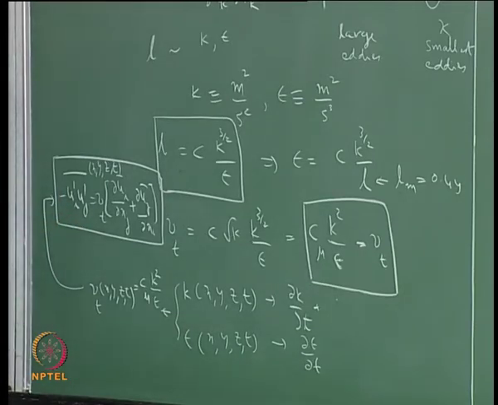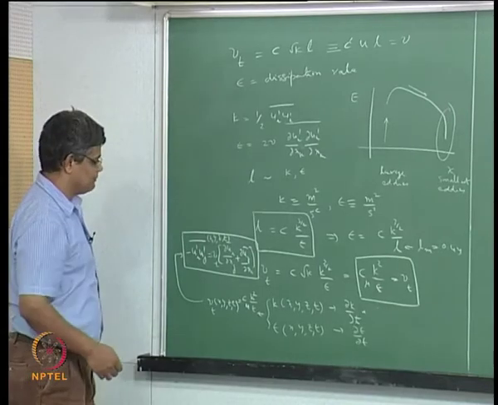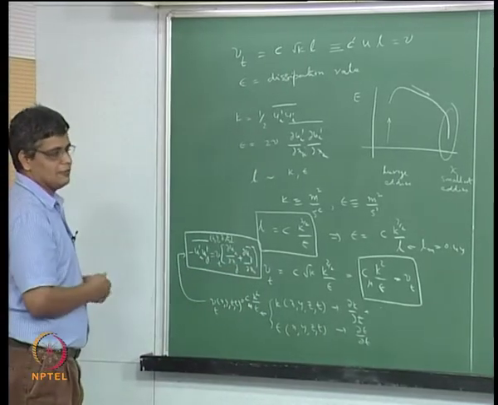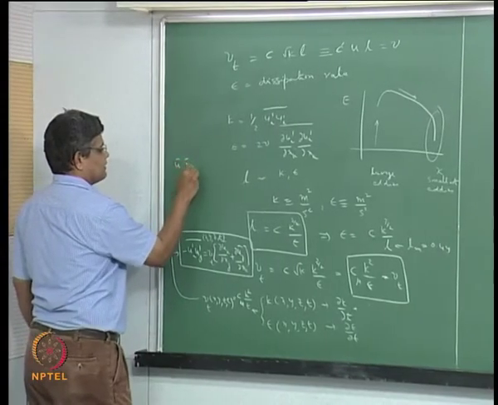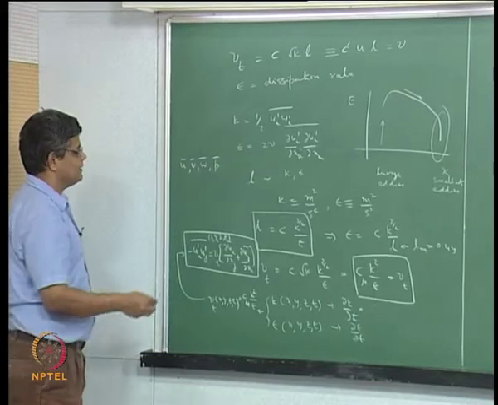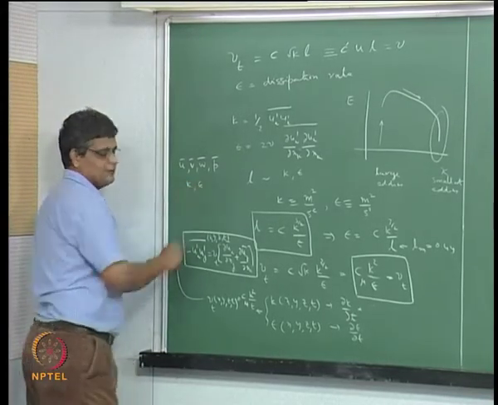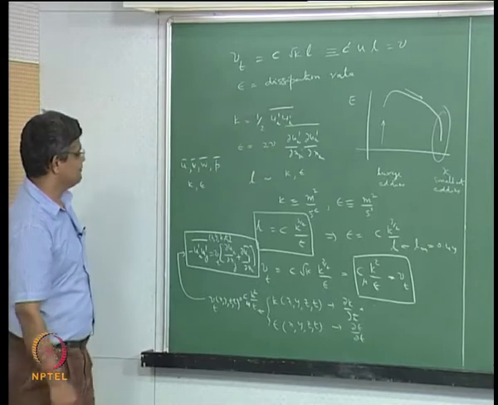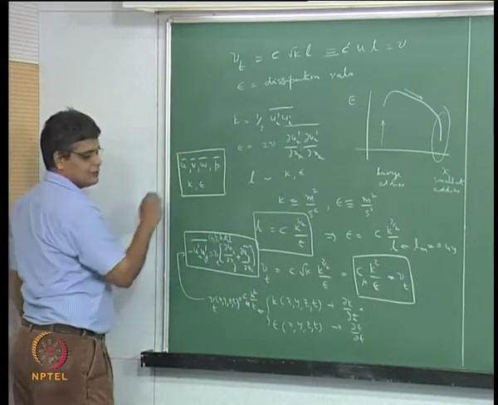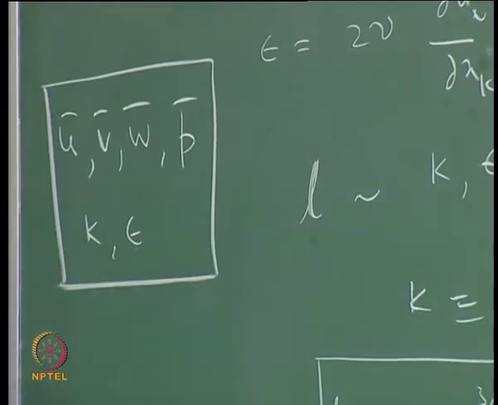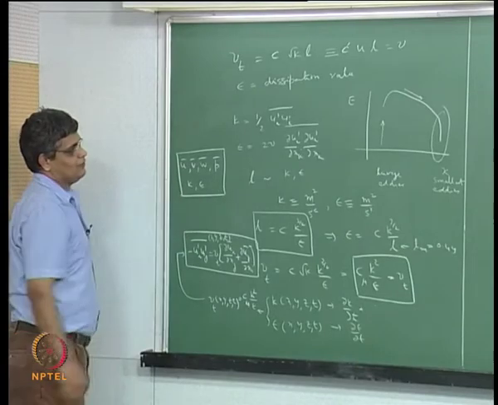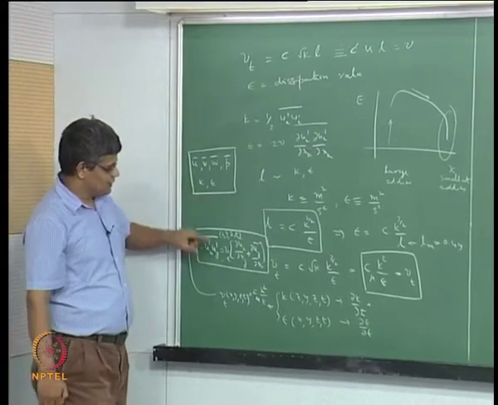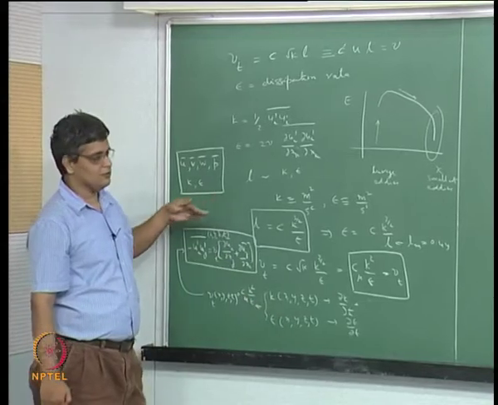any new terms appearing in the time average momentum equations, and we can write time averaged equations in terms of known variables, that is u bar, v bar, w bar and p bar, and in terms of two more time averaged variables k and epsilon. We notice that although we have not put a time average here, by definition they are time average quantities. So we have 6 equations and 6 unknowns here, and by putting up all these things together we can get a description for turbulent flow, which enables us to calculate each of these quantities as a function of x, y, z, t without having to